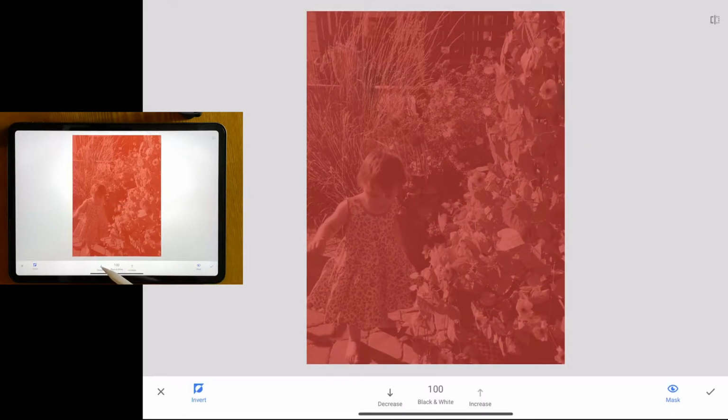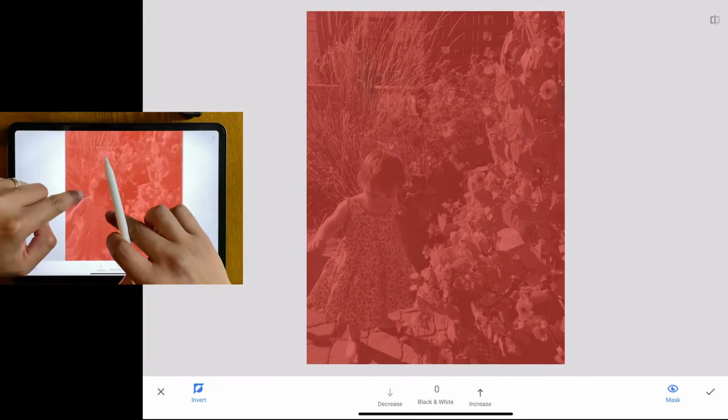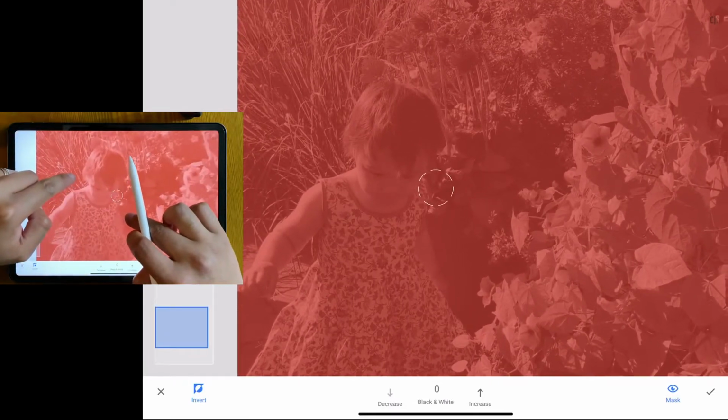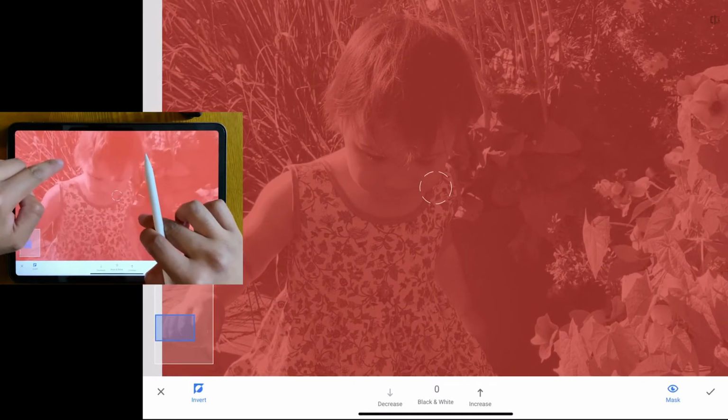So what we want to do, if we want to color the dress and only have the color, is have it at 0 black and white, so we're getting rid of the black and white. And what I would suggest is you just spread your fingers apart and really zoom in